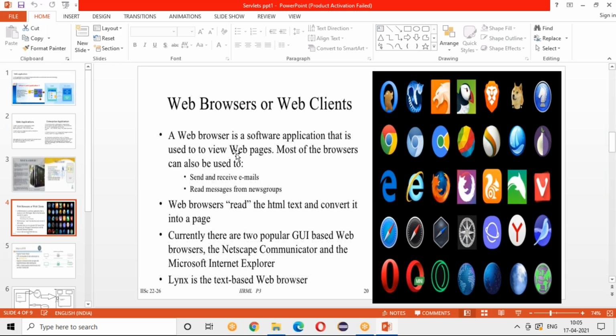So whenever you get anything, this client is the one which will take that response and show it in the form of some format, right? They will read only the HTML text. So whatever you see will be in the form of HTML only. Whatever you receive will not be HTML, but it will be converted again by front end technologies to the browser understandable format, and the browser is able to show it on your screen.